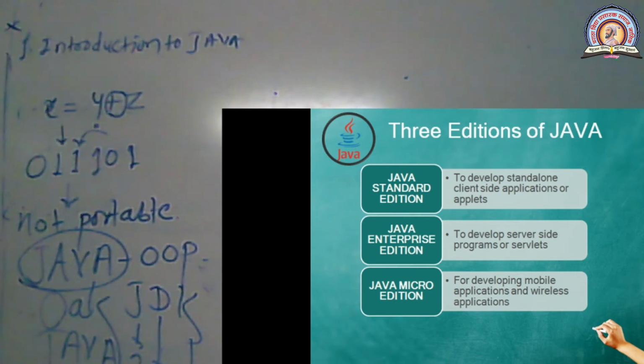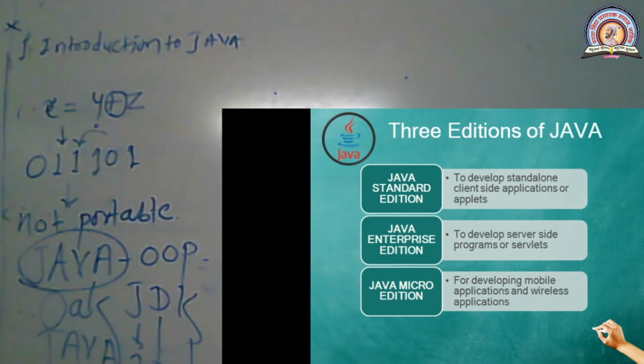Servlets. And the mobile applications or wireless applications. So we can use the Java programming language for writing these types of programs. That is, standalone applications, client-side applications, server-side programs, and mobile or wireless applications.